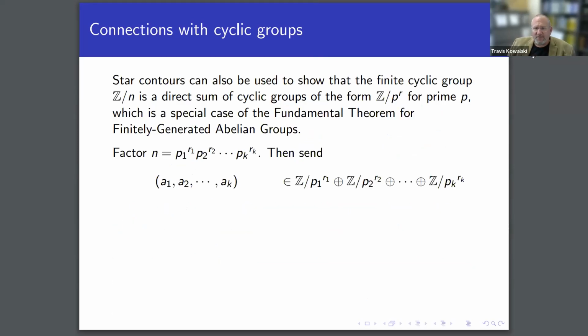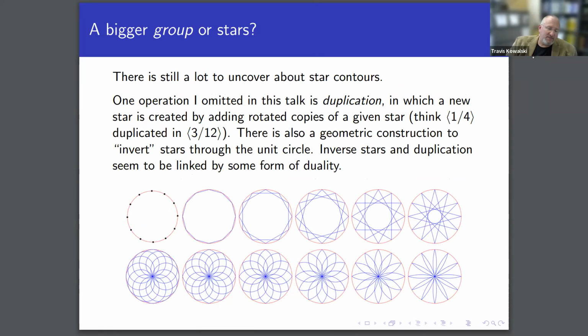I'm going to skip this by row here. The one thing that I haven't talked about here is other directions that people might go with this. So there's an operation called duplication, which causes a repetition of stars. And there's a geometric idea of inverting a star through the unit circle. And there's evidence that suggests that these 2 objects might be related by a form of duality, which means if we were to add these cyclic stars in with our current stars, we might be able to build a bigger